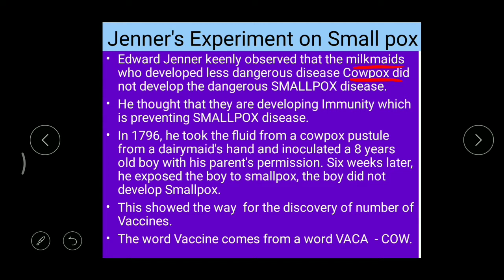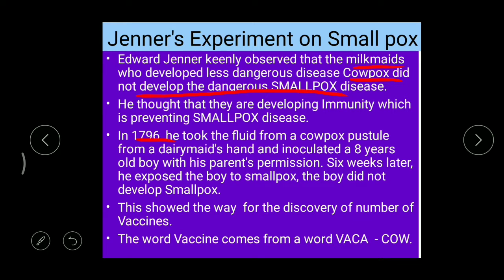So, the milkmaids who developed this cowpox did not develop this smallpox disease. This was identified and observed by this Edward Jenner. So by getting this cowpox, the people developed resistance against smallpox. So this was observed by this Edward Jenner, and in the